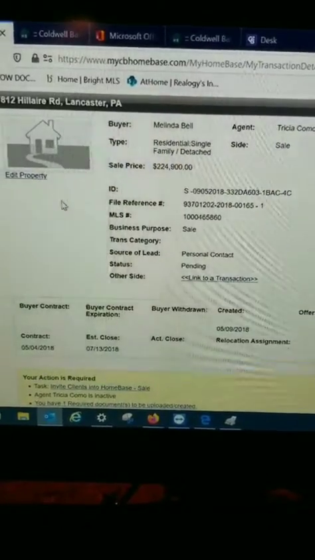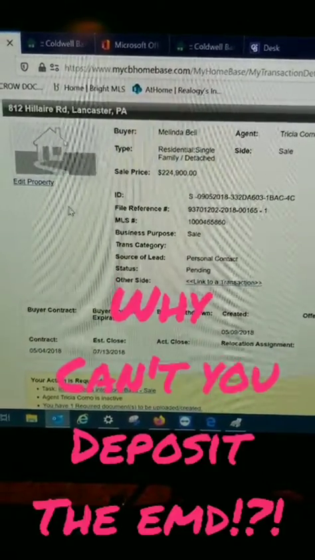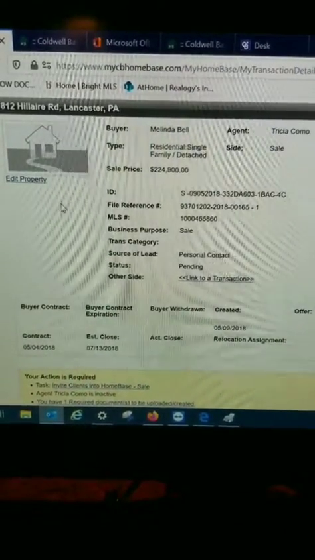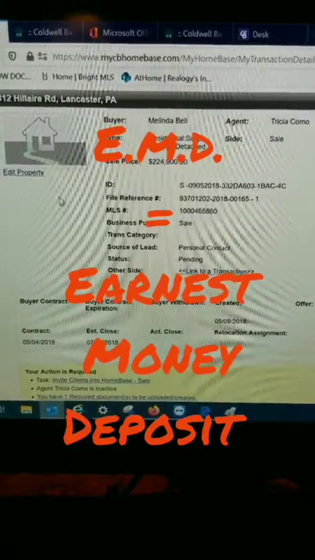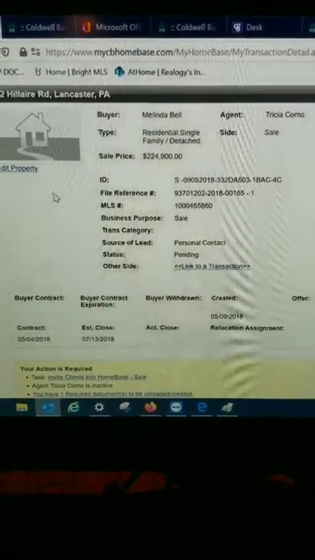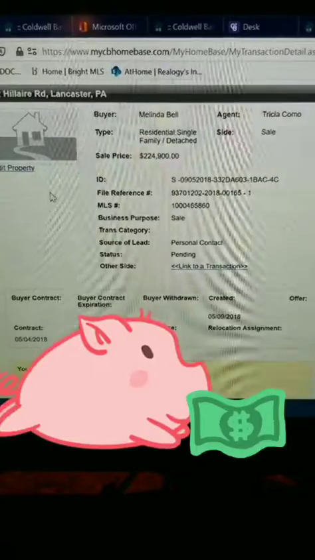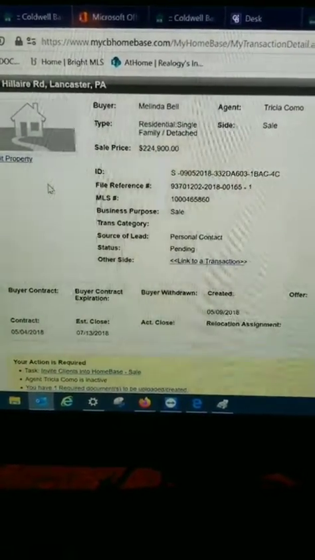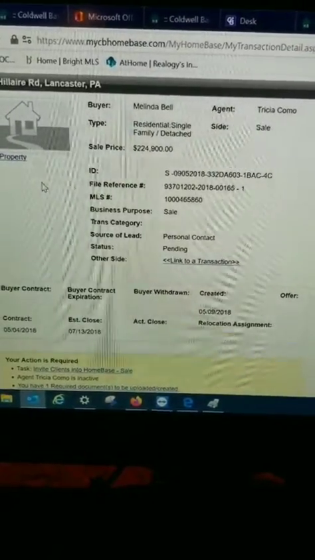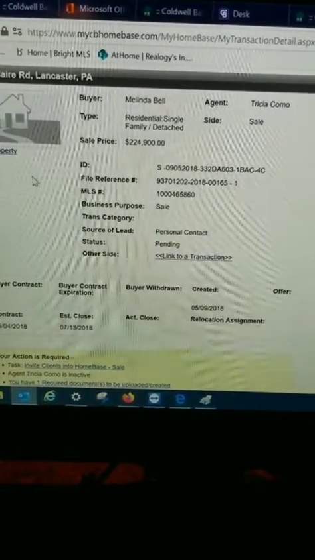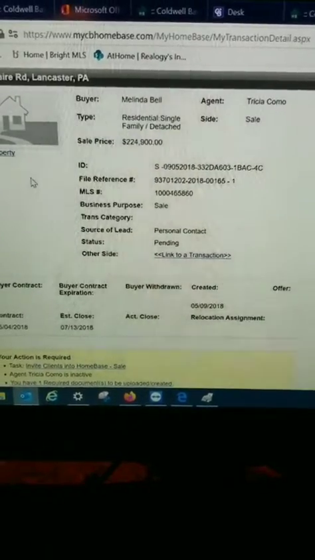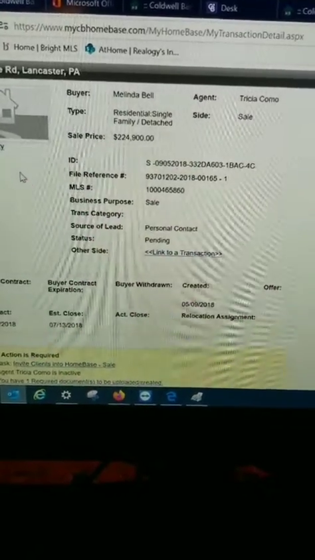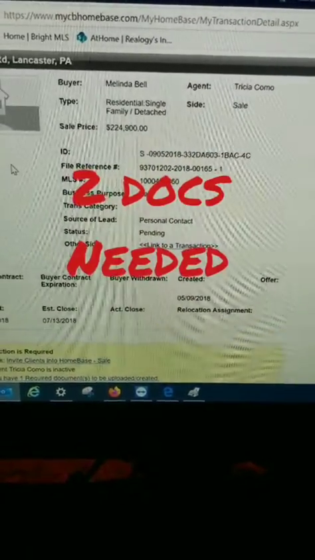Okay guys, so we get this question a lot. We have an earnest money deposit check that comes in and we can't do anything with it until your documentation is into Homebase. And this is why. You wouldn't go through a drive-through bank and hand a check over to a teller and say, here, deposit this into my account and leave. There's no way of knowing for sure that you're the only John Smith in the county and it could be put into anybody's account. So that's why once you send in your information sheet and agreement of sale, the central